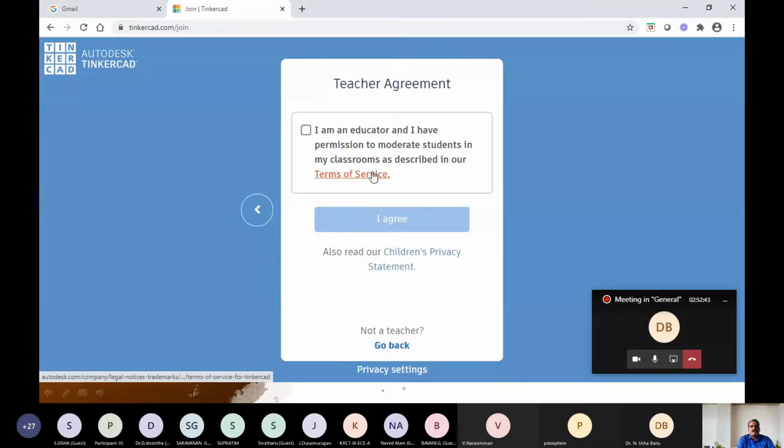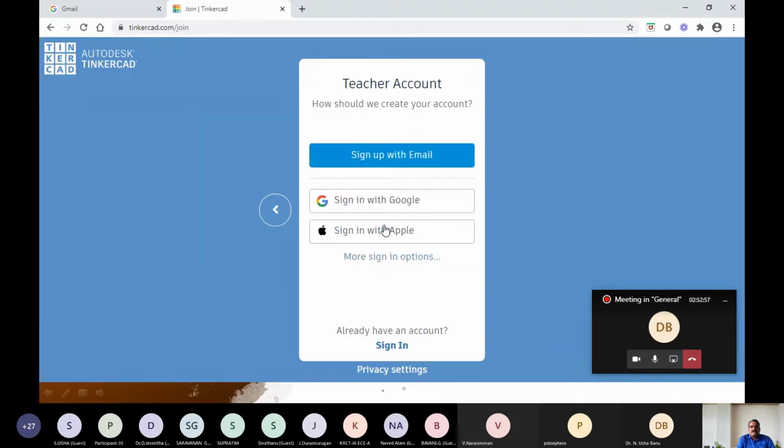So educator, start here. Once you click that, it will prompt for an agreement. You can study the terms of services on your own. It is a usual procedure. Then I will give I agree. Then I could sign in with the Google.